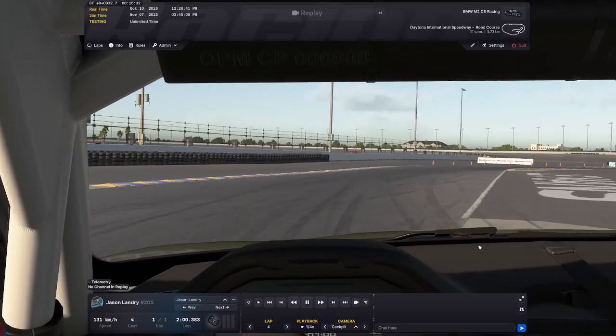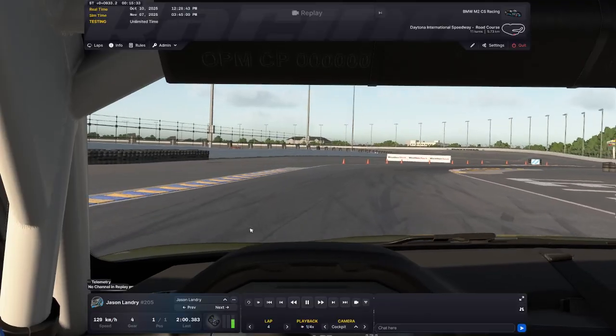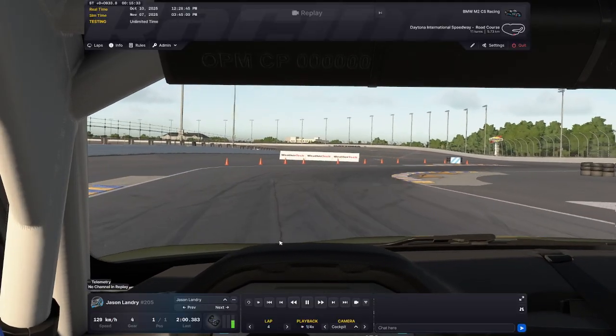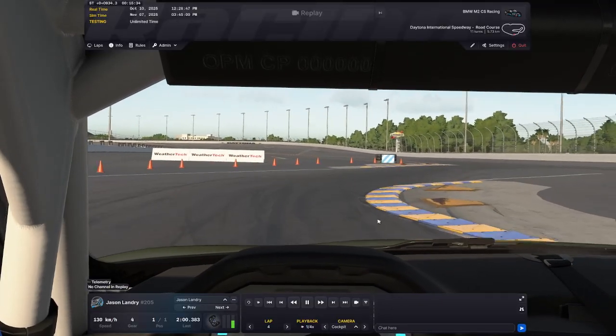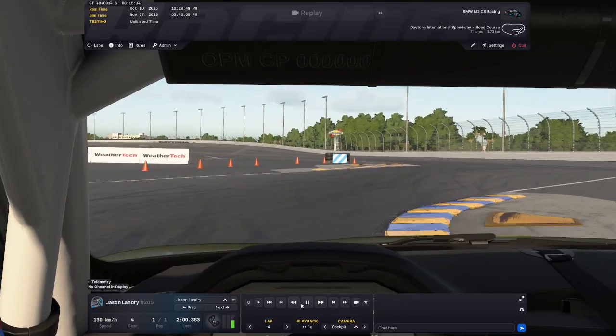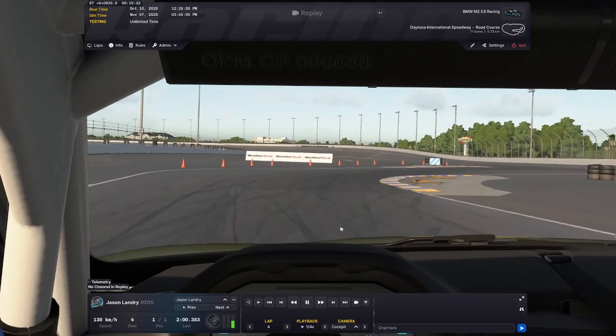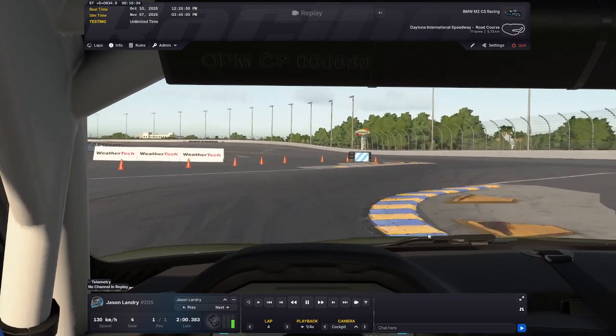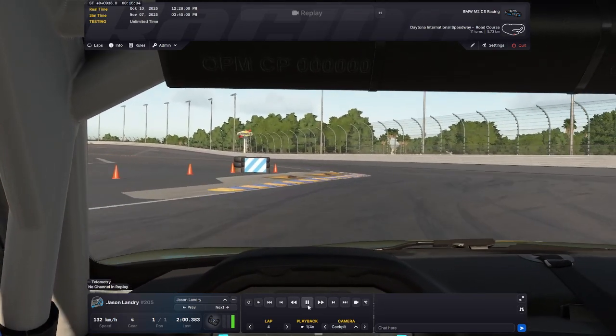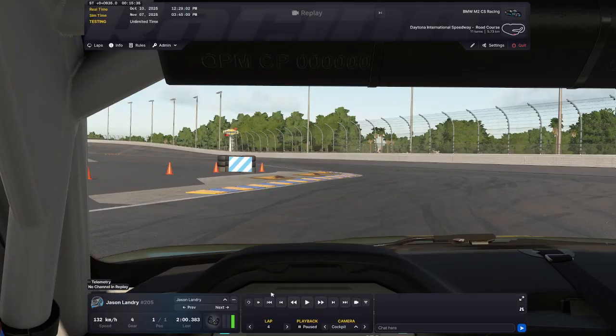Here, I think this one's fine. And then I get out pretty wide. See, I'm over the seam here, and I'm getting on throttle, but the car's understeering here. So I think I waited a little bit too late to turn in, and the car's understeering. I missed these curbs, not too bad, but the problem is where I'm positioned is now I'm positioned